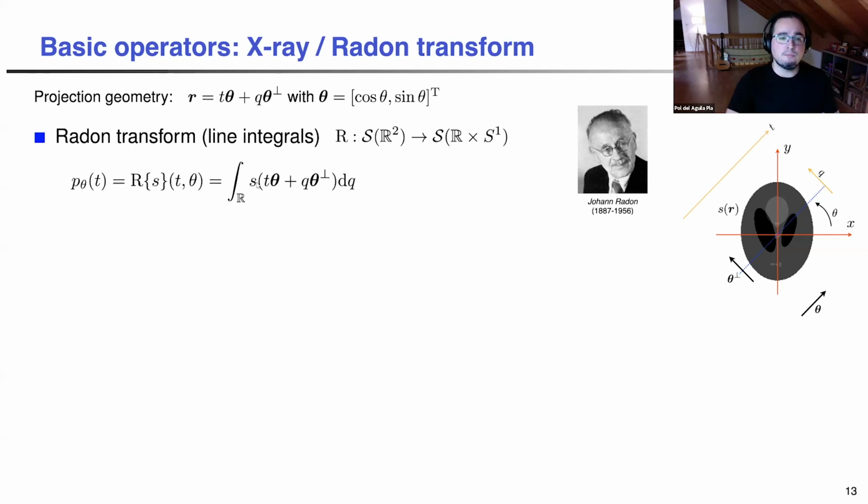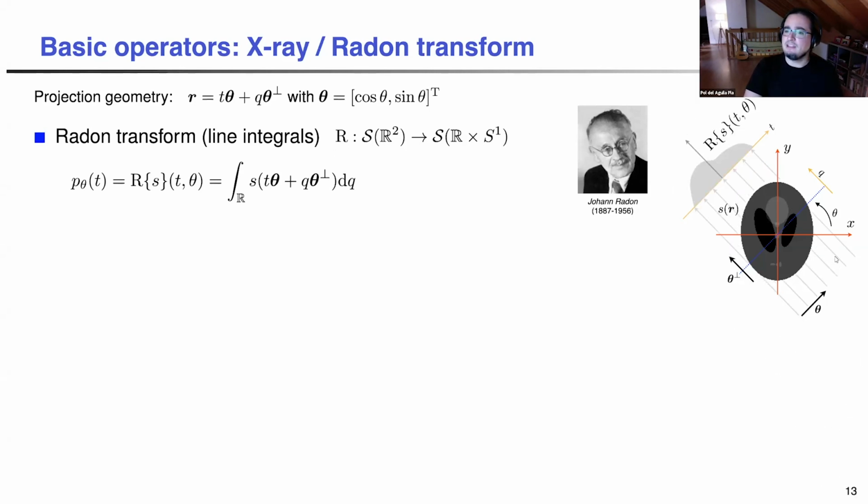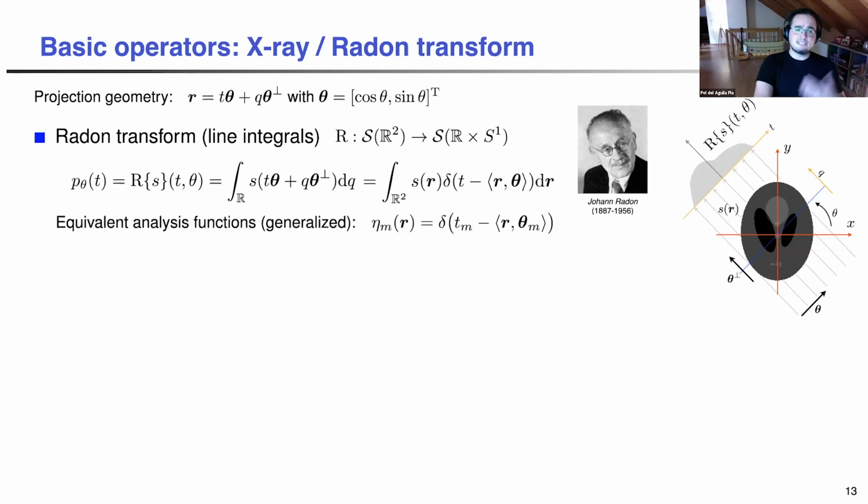Basically, the Radon transform takes a specific direction theta perpendicular and simply integrates the image throughout that direction. So by doing that in different directions and obtaining these profiles of line integrals depending on the shift, if we do that with enough rotations, we have a complete characterization of the image, equivalent to having it in the spatial domain. So this can be expressed again in terms of an analysis function, in which case